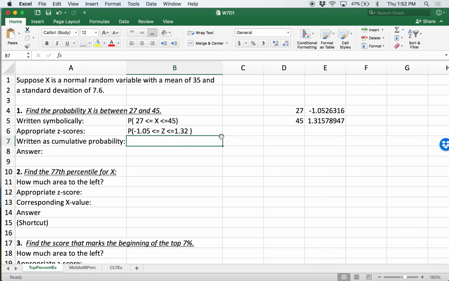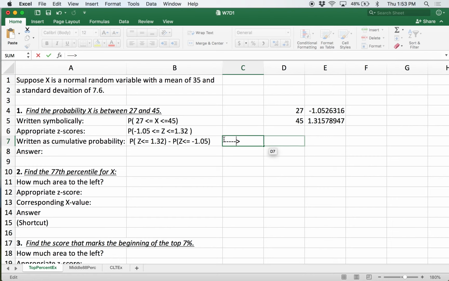And then remember from last class we described how we have to write these things in terms of cumulative probabilities. In other words, it has to be of the form probability that z is less than or equal to a single number. So when we're dealing with these in-between probabilities, this is the easy way to do this. You take the larger cumulative probability and you subtract off the smaller. Each one of these cumulative probabilities corresponds to